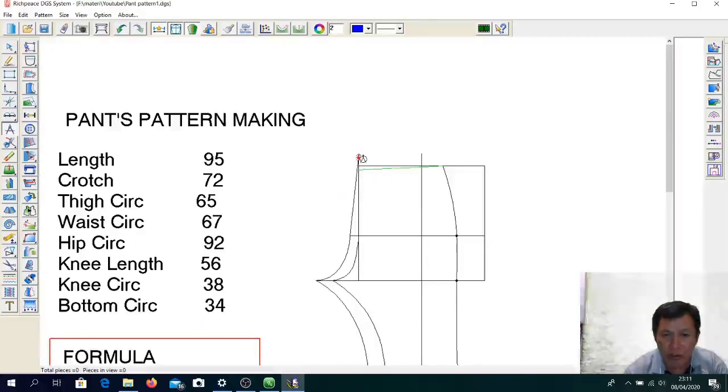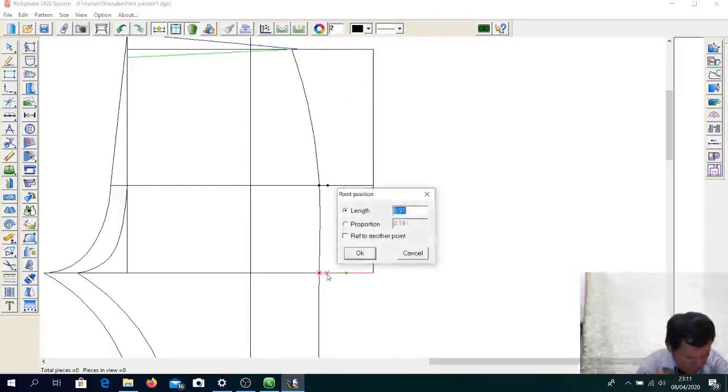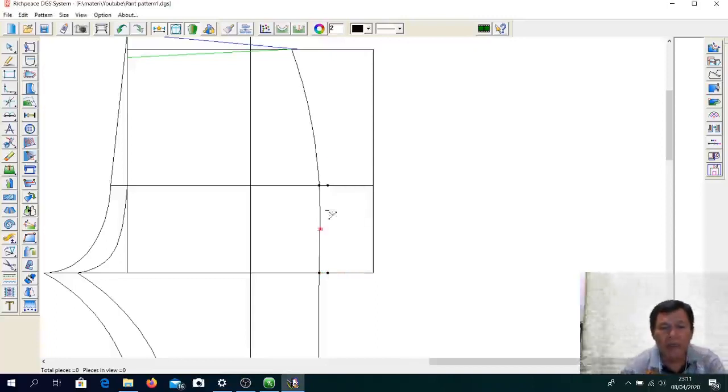It means from here to this line is 20.75. Enter. Okay, and for the hip we will add 1 cm. This is for allowance, 1 cm. Okay,